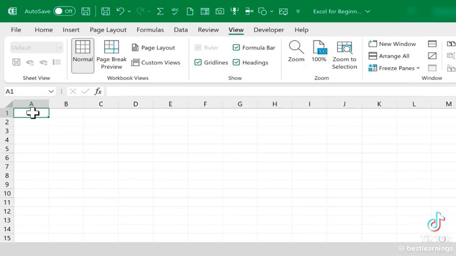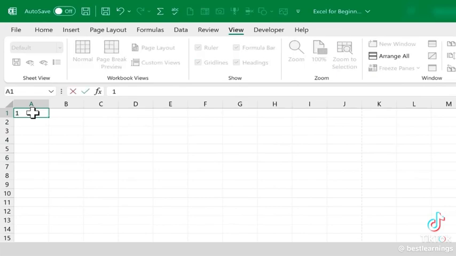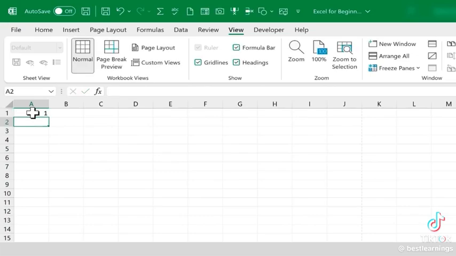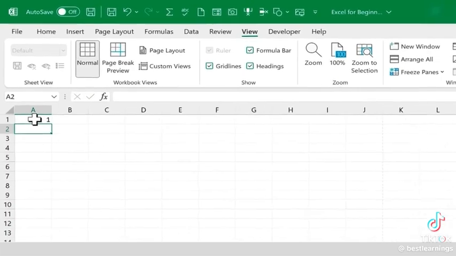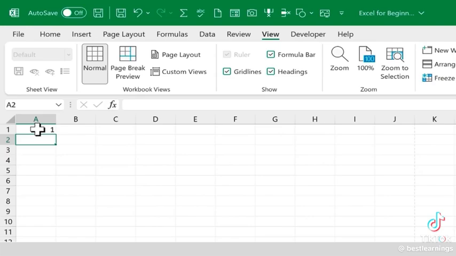Just by clicking on it once, I can now affect it by typing. So let's say the employee ID number for employee 1 is simply 1. I type the number 1 and that data appears in the cell, but it's not truly entered in the cell until I tap Enter or Return on the keyboard. Now the data is inside that cell. Notice when I tapped Enter, the active cell moved down 1, and that's great because that's where I want to type the next number: 2, Enter, 3, Enter, 4, Enter, and I could just continue to do this down the